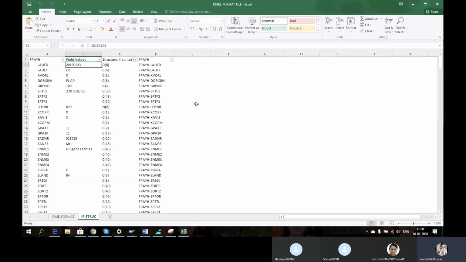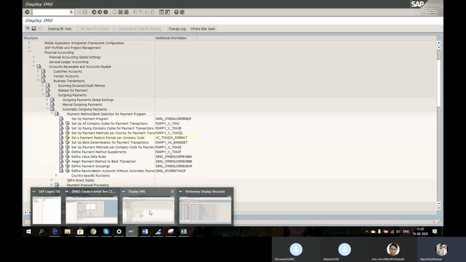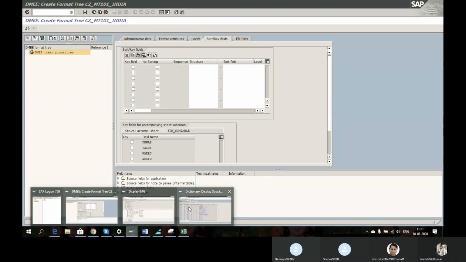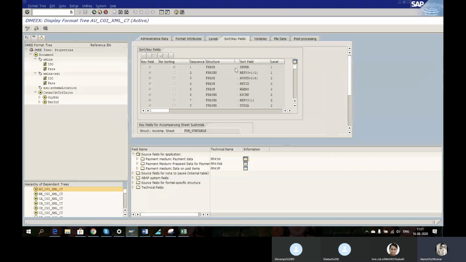So this is what I downloaded. What you have to do under structure and sort fields is copy all of this and extract it.